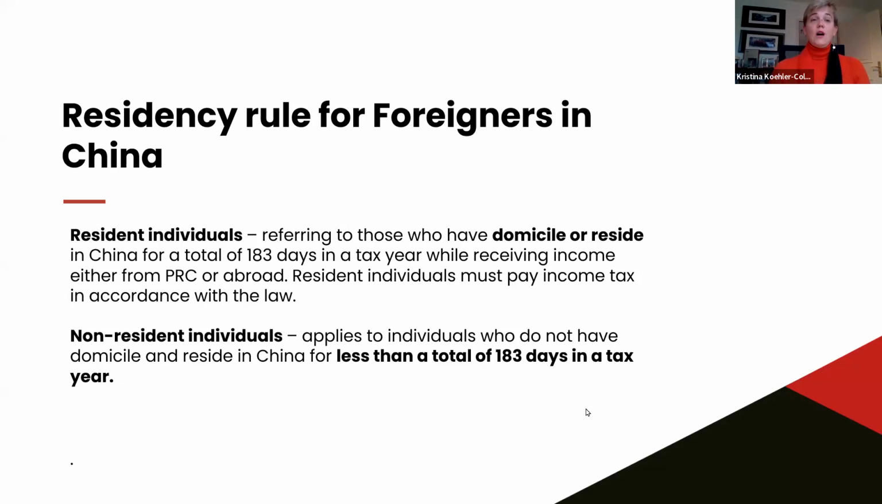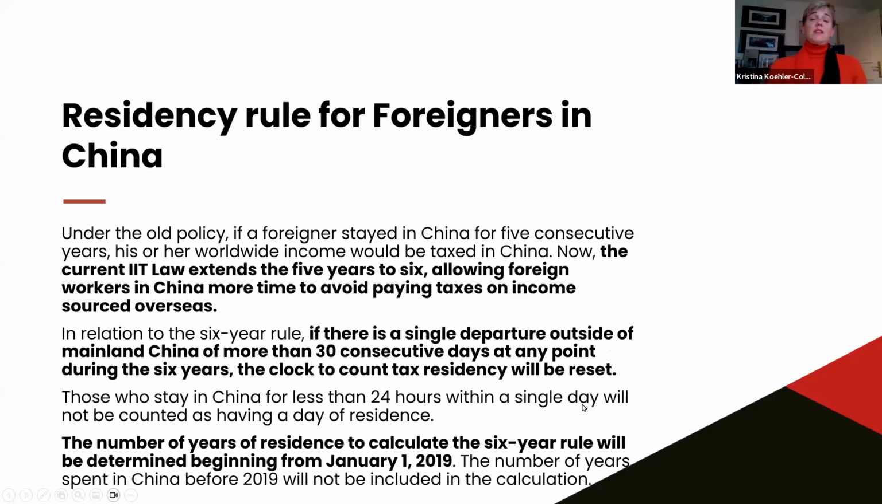Now, this leads me to the residency rule for foreigners in China. In 2019, they updated the residency rule from 5 years to 6 years. Basically, what this means is that after your 6th year, starting from your 7th year, you as a foreigner are liable to pay income tax in China on your worldwide income. So if you've got a compensation package that's split between China and headquarters, even your headquarters income will be